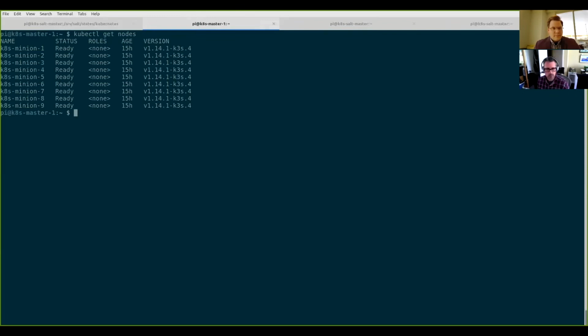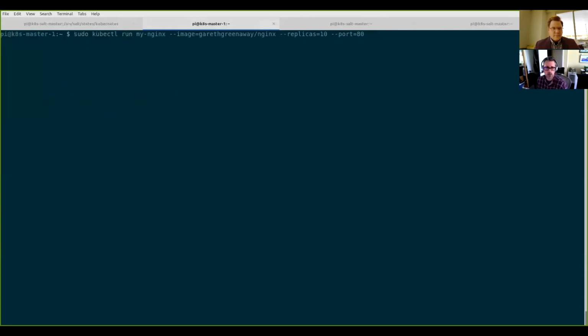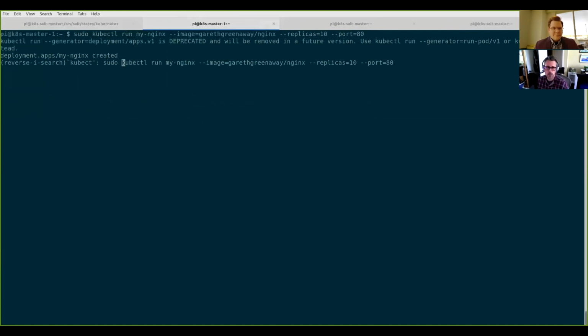So a Kubernetes deployment not doing anything is kind of boring. So I thought we'd run just a basic Nginx container that I built, and we're going to give it the name for its deployment. So here I'm running the kubectl command, just giving it the name my nginx, telling it the image to use. So this is just a standard, basic, simple Nginx Docker container, and I'm telling it I want it to use 10 replicas. So it's going to tell me it created. And so then if I run another Kubernetes command,